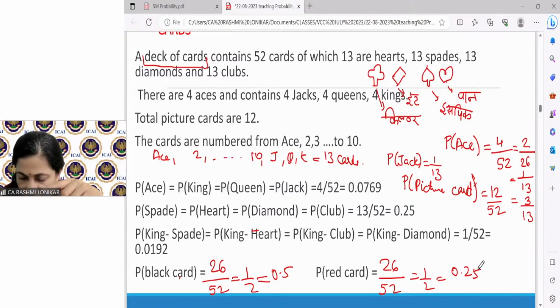Yes, Nikita understood very well. Okay, Bidisha, king of spade. How many kings of spade do you have? You have 13 cards of spade. In that, how many kings do you have? You have only one king. So that is why it is 1 by 13 within spades, and 1 by 52 because the total number of cards is 52. So there is a single spade card which is a king, so 1 upon 52.